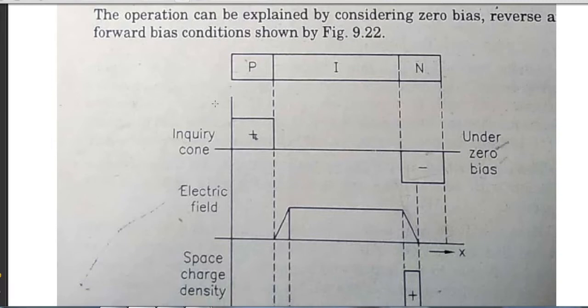Now with forward bias, carriers will be injected into the I layer, and the P and N space charge regions will become thinner, that is, electrons and holes are injected into the I layer from P and N layers respectively. This results in carrier concentration in the I layer being raised above equilibrium levels, and the resistivity drops as the forward bias is increased. So low resistance is offered in the forward direction.